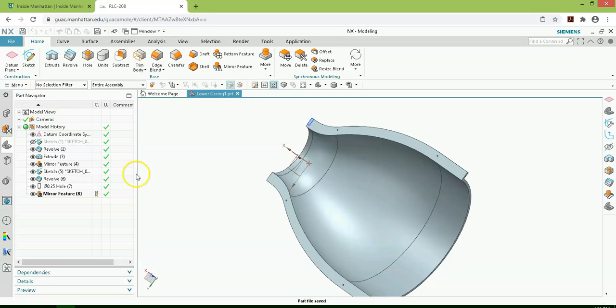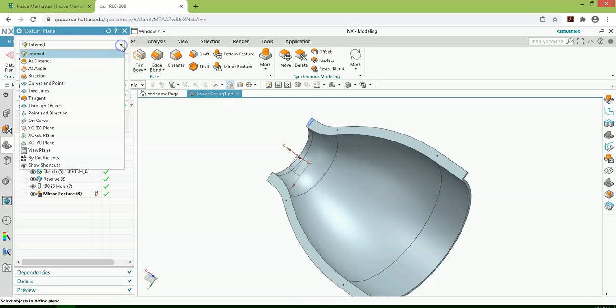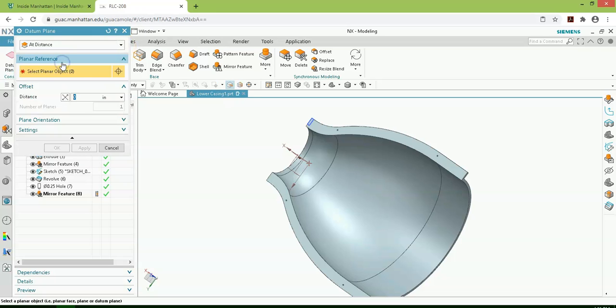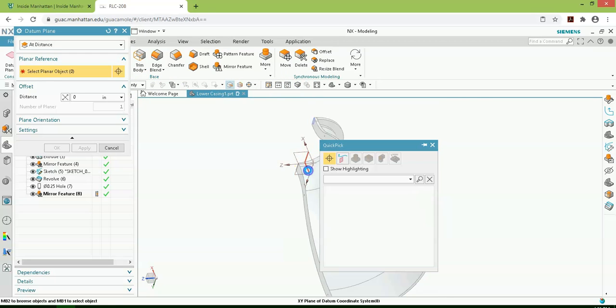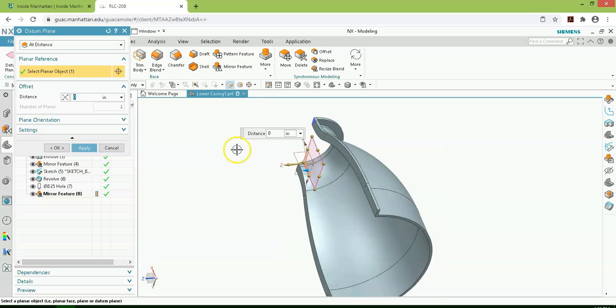Save this file, and from now on we will add some features to create the uppercasing. Click on datum plane. Select at distance. Select planar object. So as you rotate your model, you would be able to select this XY plane. The other command is about distance, type 20 inches for distance,